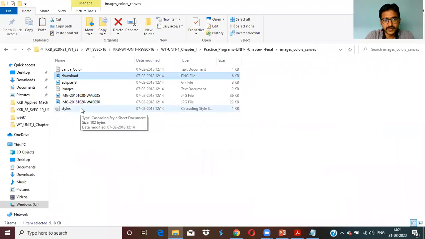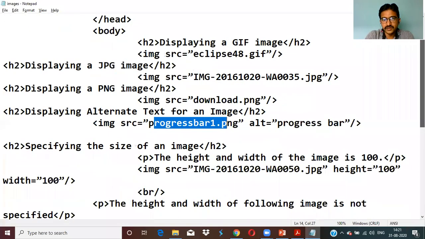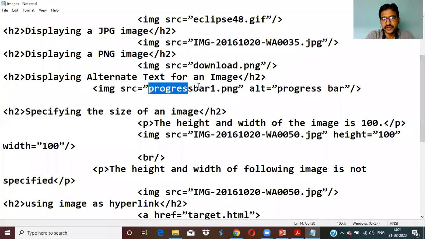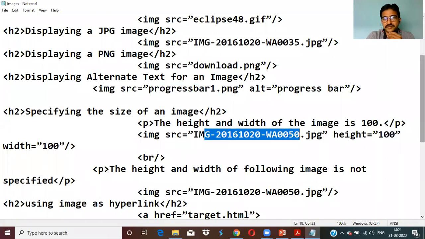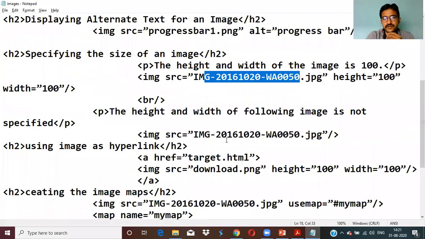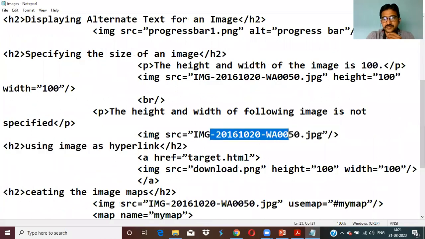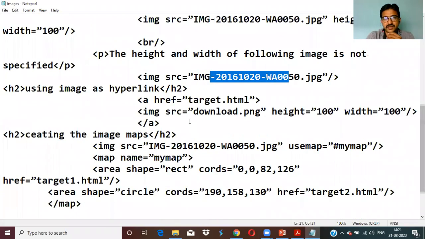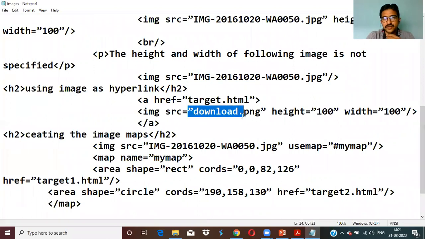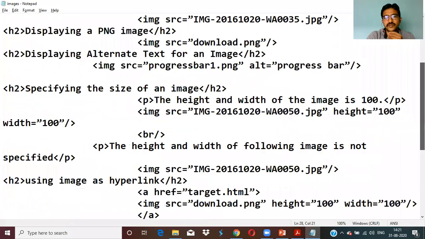It's not there. So instead of that, the alternative text will show, because the example talks about alternative text. The image is not available, so the alternative message has to display. That's okay. Now another image with height and width. Next, the hyperlink, download.png. Okay, so all the images are available in the backend.